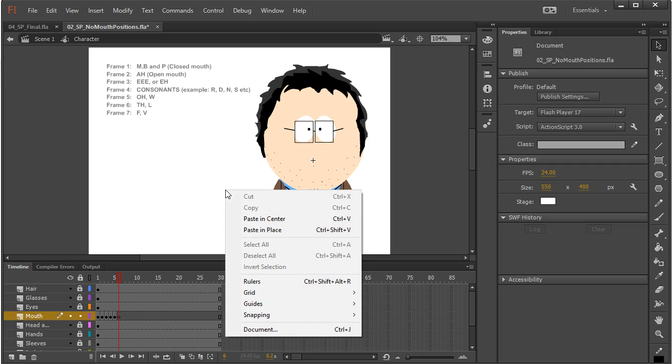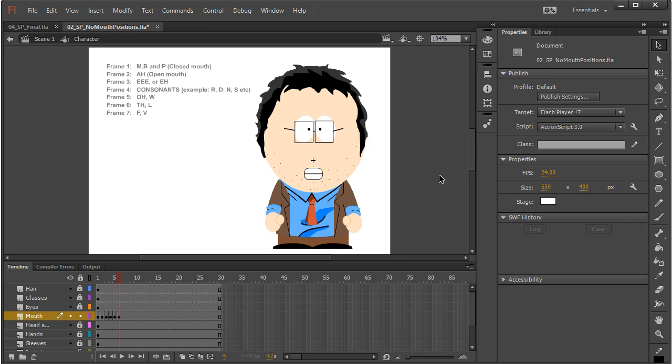I'm now going to right click, paste in place. So there's the mouth that we just created. The "ah" and "th" are very close. The only thing we really need is a tongue coming out here. So if I zoom in on it,